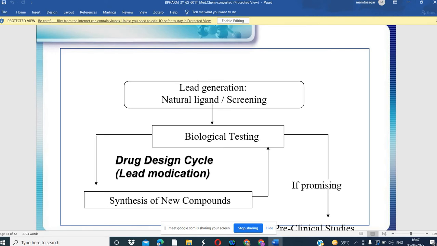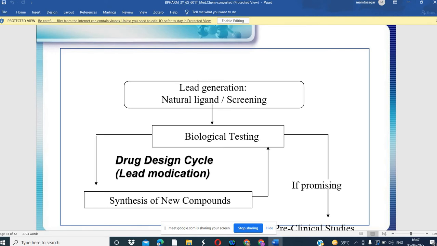Tissues like from a biopsy or any source, we take that. Then we apply the drug against that. Then we see the effect, how the compound is working against that. All that comes under biological testing. Okay, so this can also be done in the laboratory, meaning preclinical or clinical.